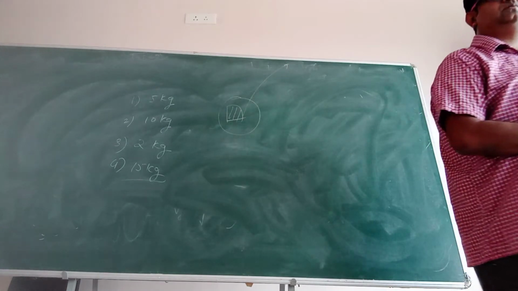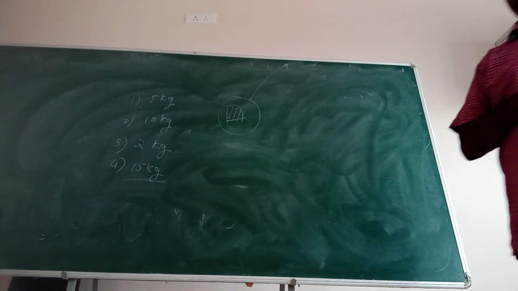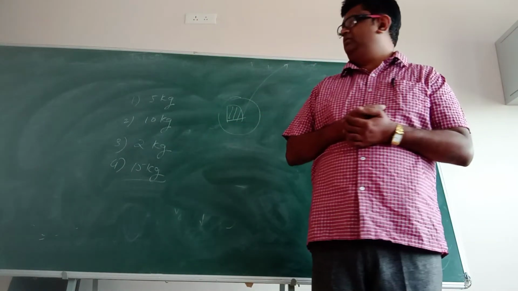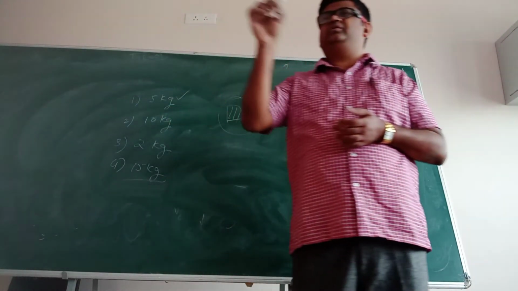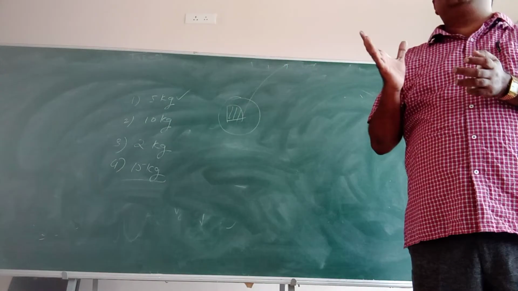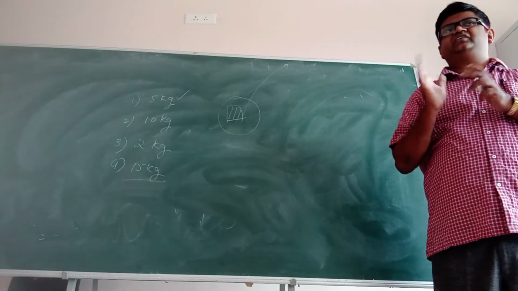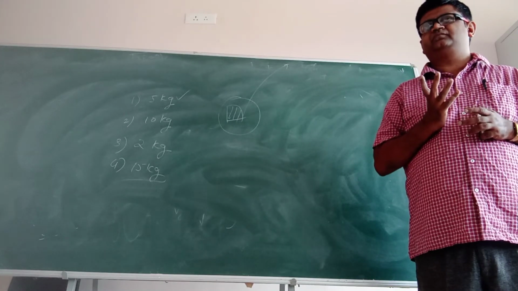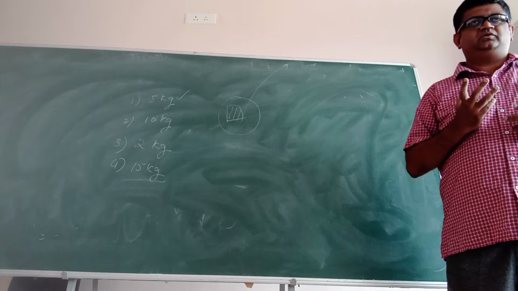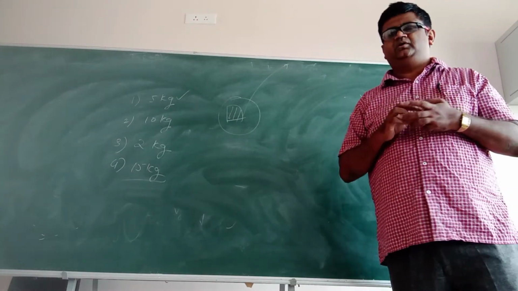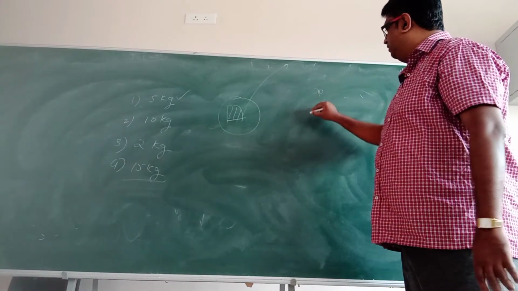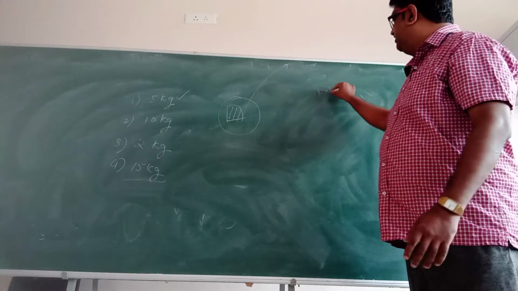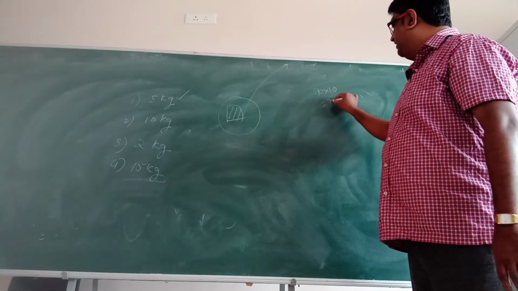So there, what is the mass of the same body? Can anyone answer? 2 kg. Any other answer? 5 kg. It is 5 kg only. Sit down. Understand the difference between mass and force. When you talk about weight, weight is a force. So suppose I ask you what is your weight. If a person's weight is 70 kilos, he is standing on earth. Let us say the g value is 10, it is 700 Newton.